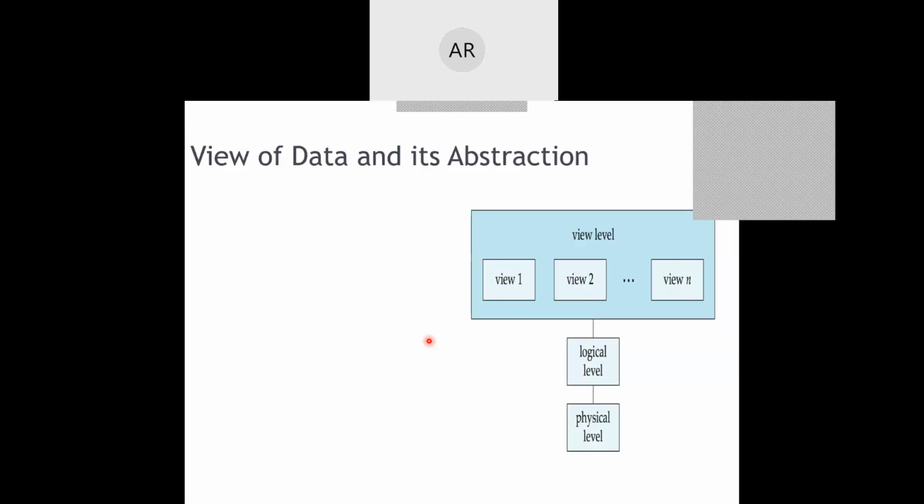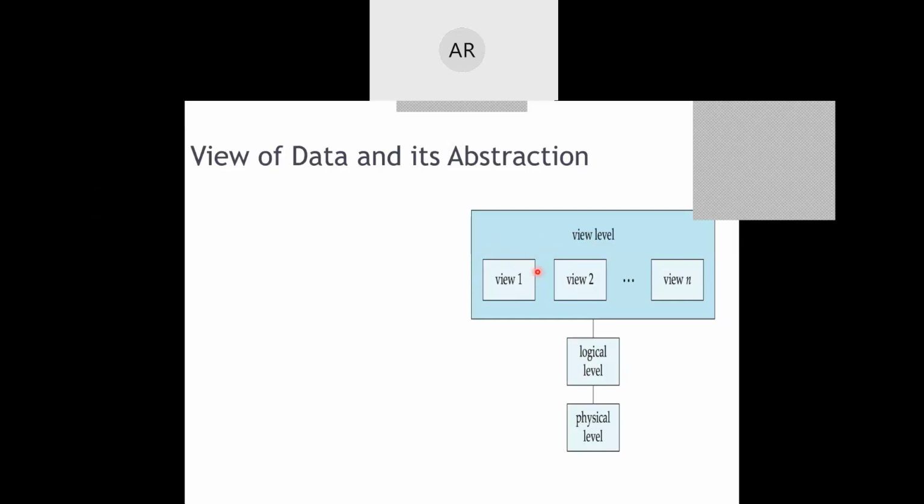So, to understand what that view is and how those details are hidden, let us try to understand a brief pictorial view. First of all, we'll hide the details based on what the user is going to view. For example, if a normal user is going to view, we'll give only that particular user's viewable window.